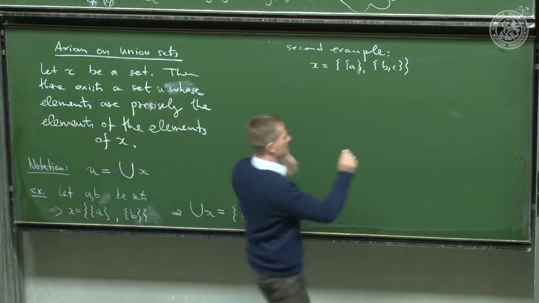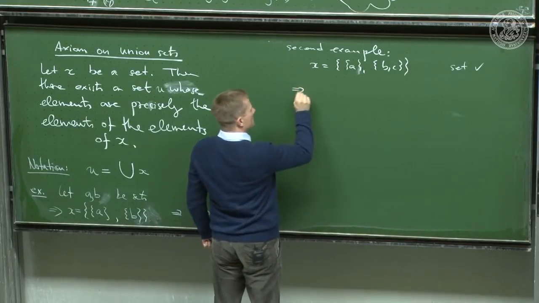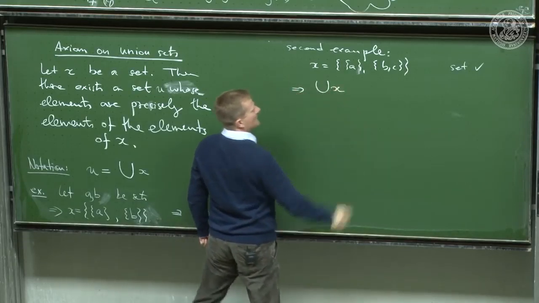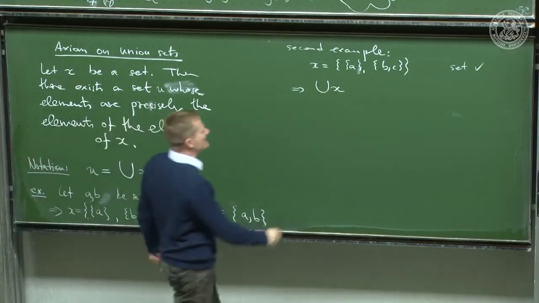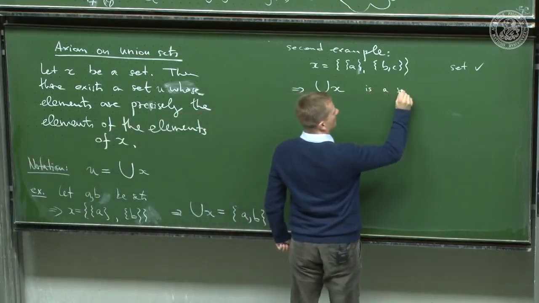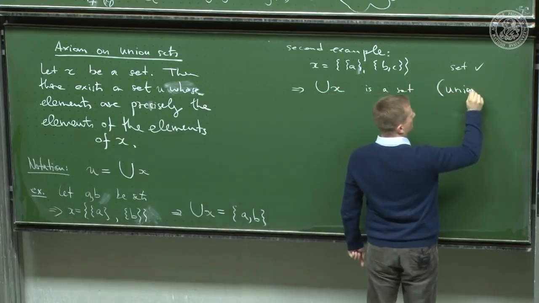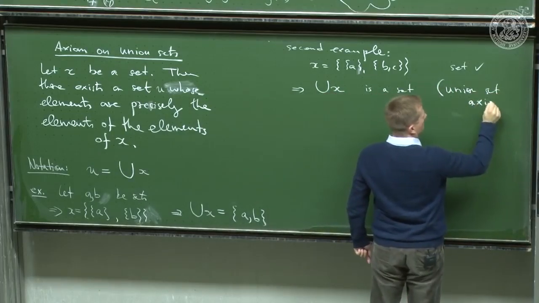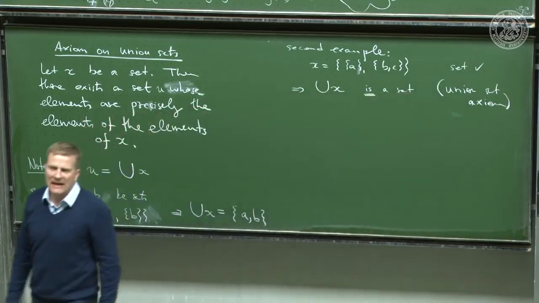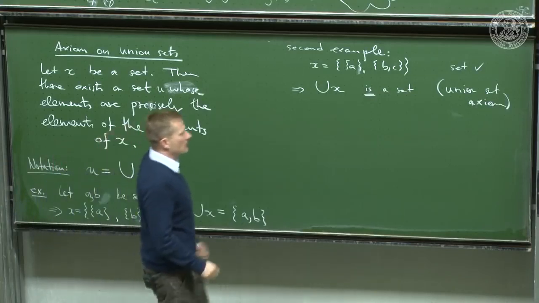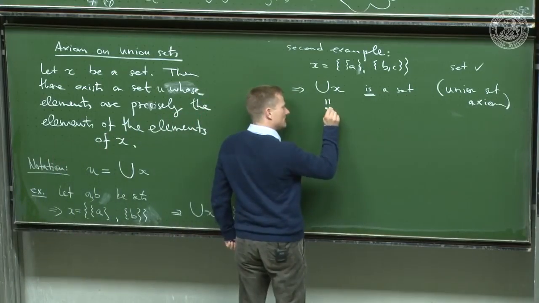That we already know is a set. But then it follows that the union of the elements of the union of X is a set. Why? Well, because of the union set axiom. This is a set. And this set deserves a name. If it's a set, it deserves a name. And so I define